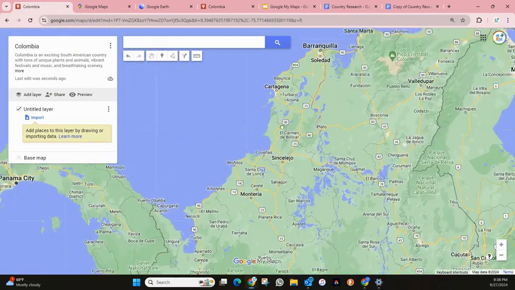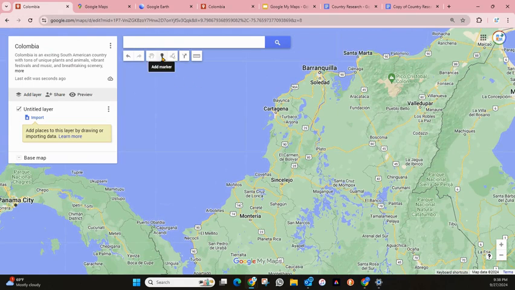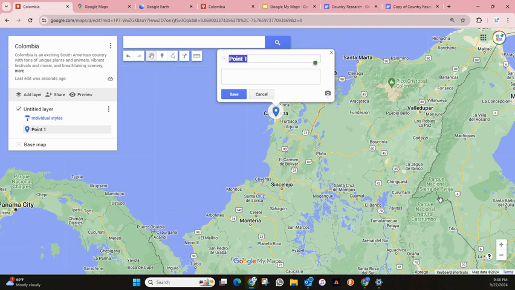So like here, I can find Cartagena pretty easily. And I can use this tool, the marker tool, and I can just click on it, and it'll add in my place I'm looking for. I'm going to type in my